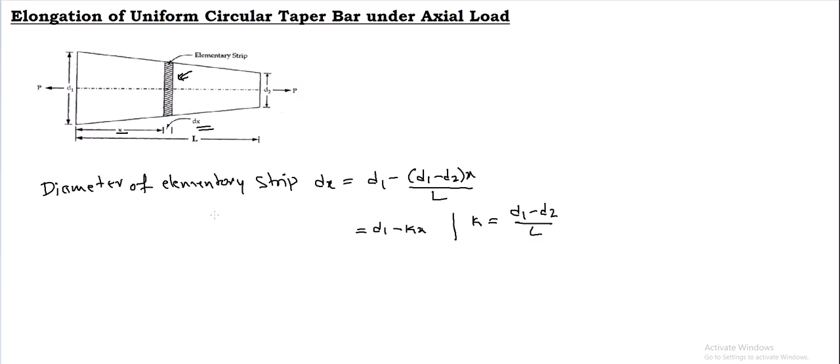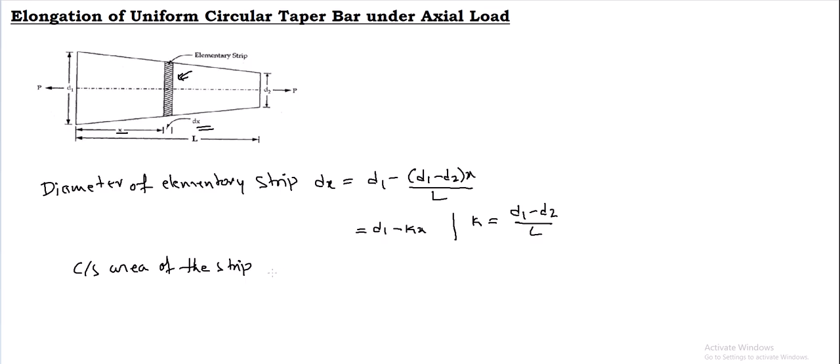After that I will take the cross section area of this strip. My aim is to take the stress in the strip and the strain in the strip. Once I get the strain, I will get the elongation, and then I can extend it to the total length. For that I need the stress in the strip. To get the stress, I need the cross section area, right? So the cross section area of the strip,